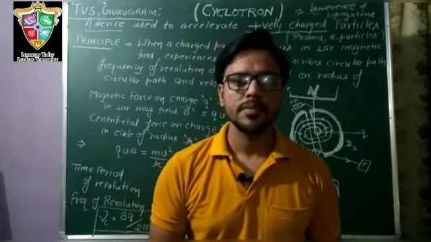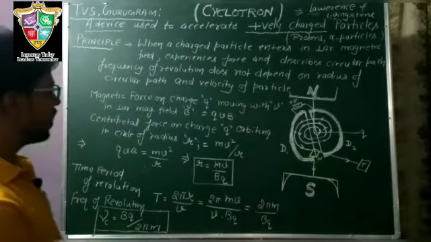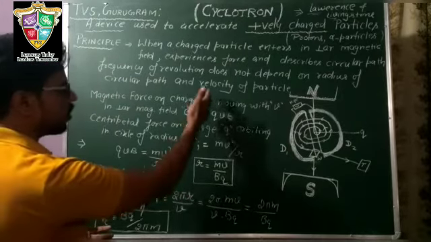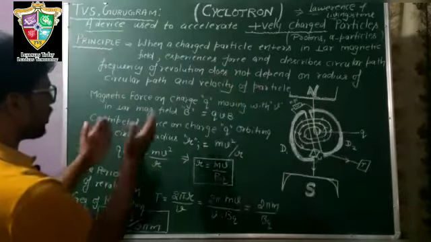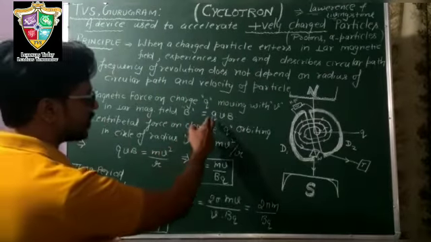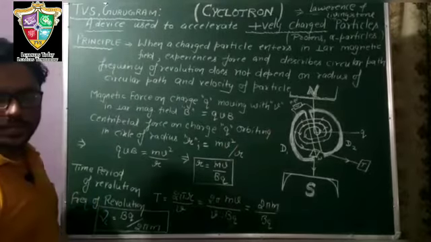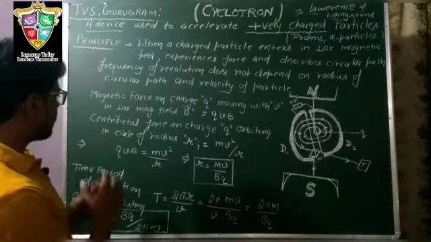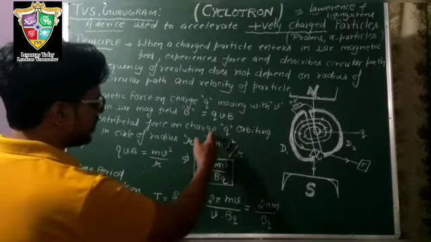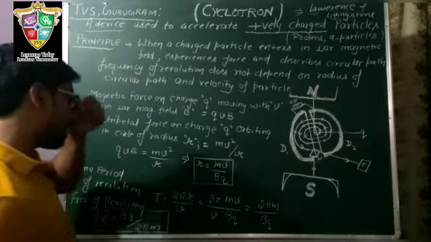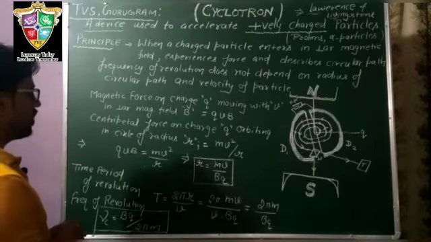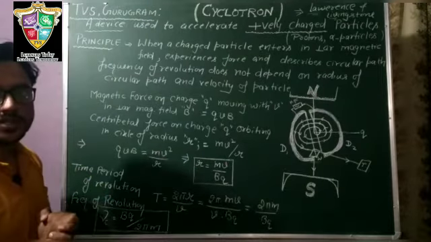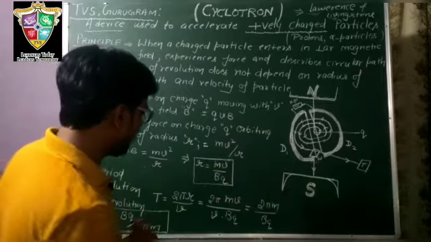Now students, let's see the theory behind it. If the charged particle enters these Ds, it experiences magnetic force. The charged particle is Q, moving with velocity V, and the magnetic field is perpendicular, so the magnetic force is QVB sin theta, and theta is 90 degrees, so sin 90 is 1, and the force is QVB. The centripetal force it experiences is given by mv squared by r. When we equate these two forces, we get r equals mv upon Bq. This is the radius of the circular path that the charged particle follows in this magnetic field.